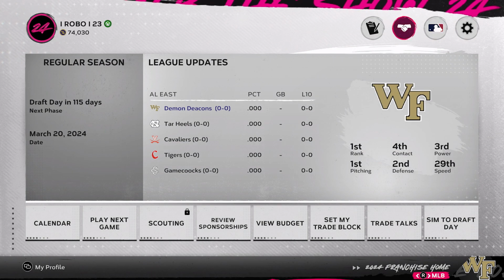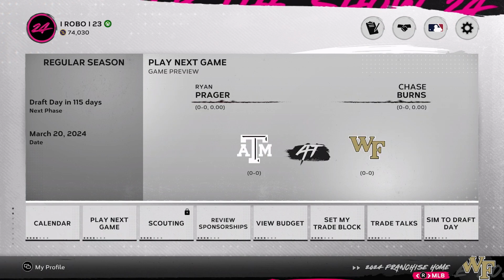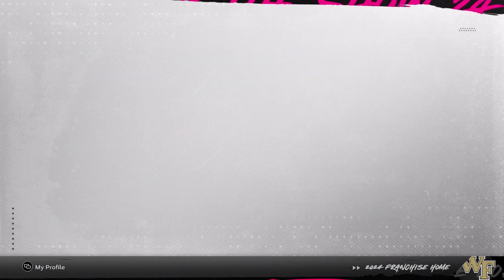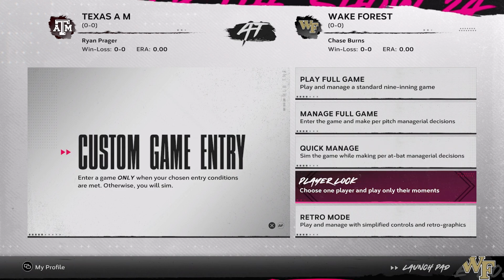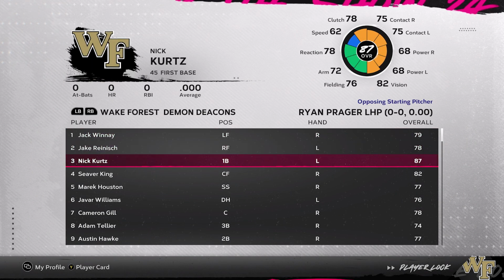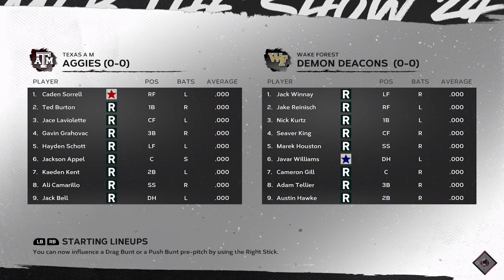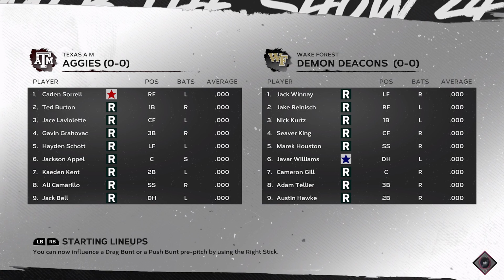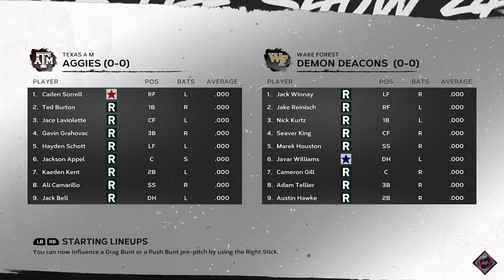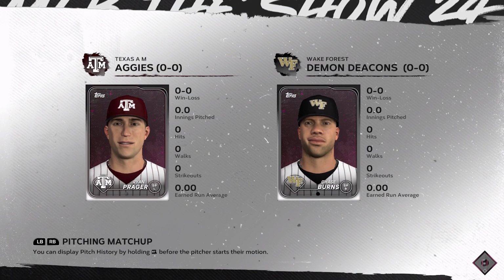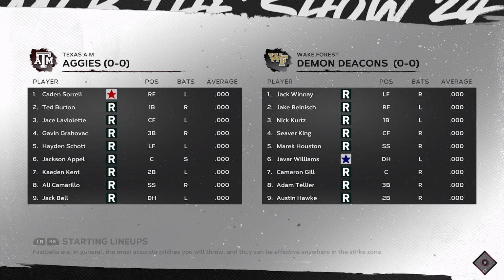But yeah, I think that's pretty much it. We'll jump into a game real quick. We'll do a player lock game for Wake Forest. I'll be Seaver King. So it's gonna load up. I didn't show you a thing in the jersey created, but if you're gonna do player lock, you're gonna have to